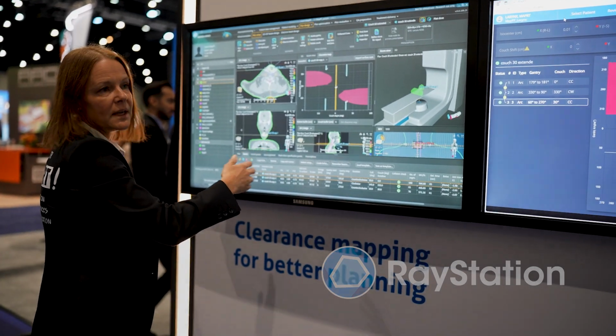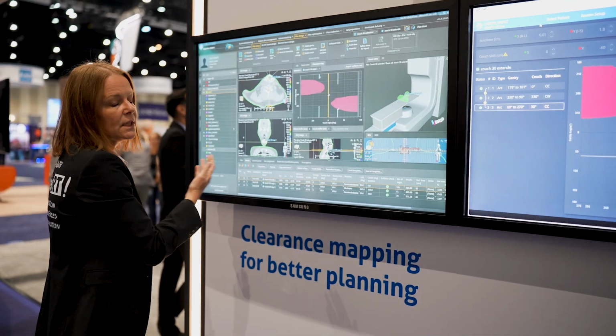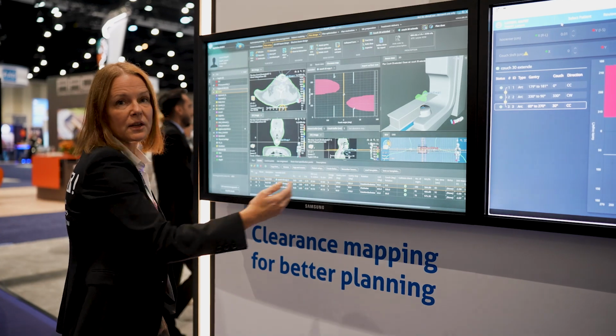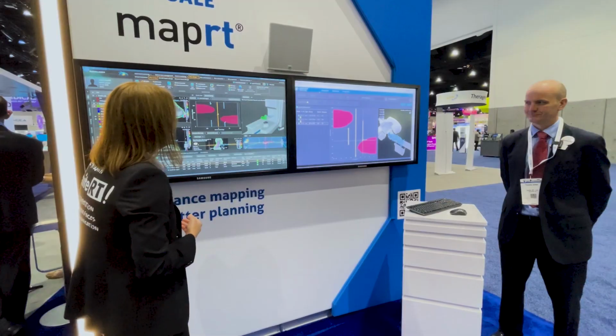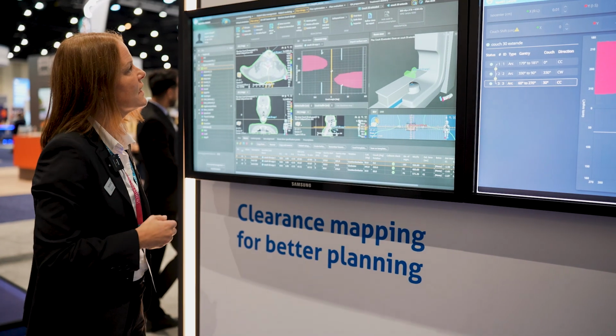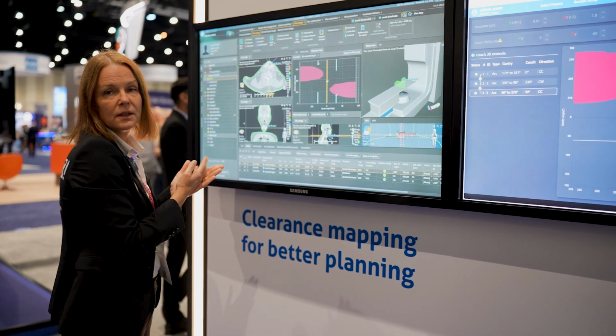So what we can see here in RayStation is the clearance map from VisionRT. And what we can do is that we can immediately in RayStation provide collision checks on the created beams. What we can also do going forward is use this in planning. The first step is a manual assessment, where you can find new couch kicks to use in your treatment plan